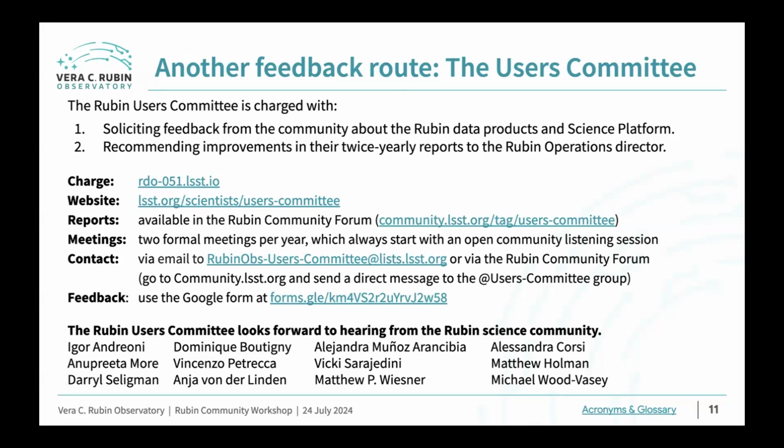And the users committee will take that feedback from the community, and they will make recommendations to the Rubin operations director. So this is a committee that's going to help us gather all the feedback from the community, requests for changes, requests, say, for new algorithms, all sorts of things. They will help us prioritize, look at the science gain from each, and decide what should and shouldn't we do, and importantly, on what timescales. There is a detailed charge already that you can have a look at.